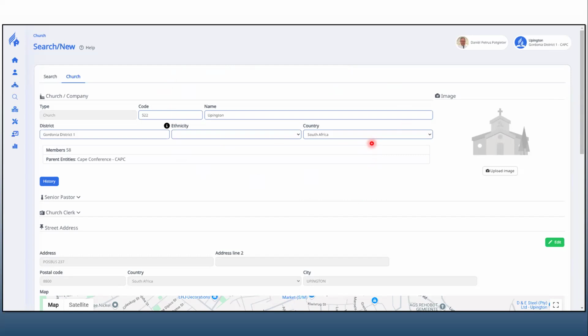But if the information is not on the system, even if you search, you will not find it because it is just not there. So we highly recommend that you please update your church's information. There's space to indicate your worship times, your Sabbath school times. If you have different meetings,